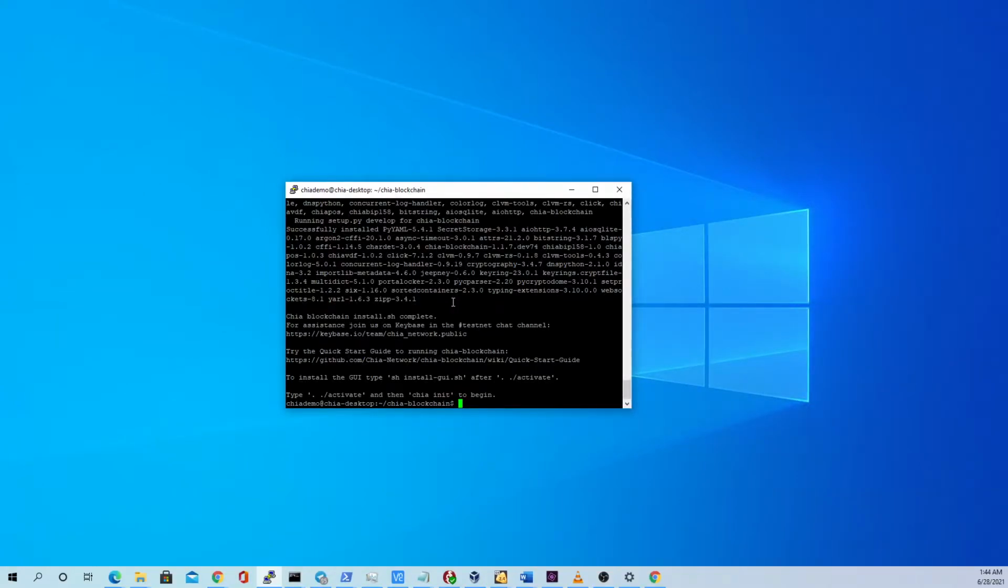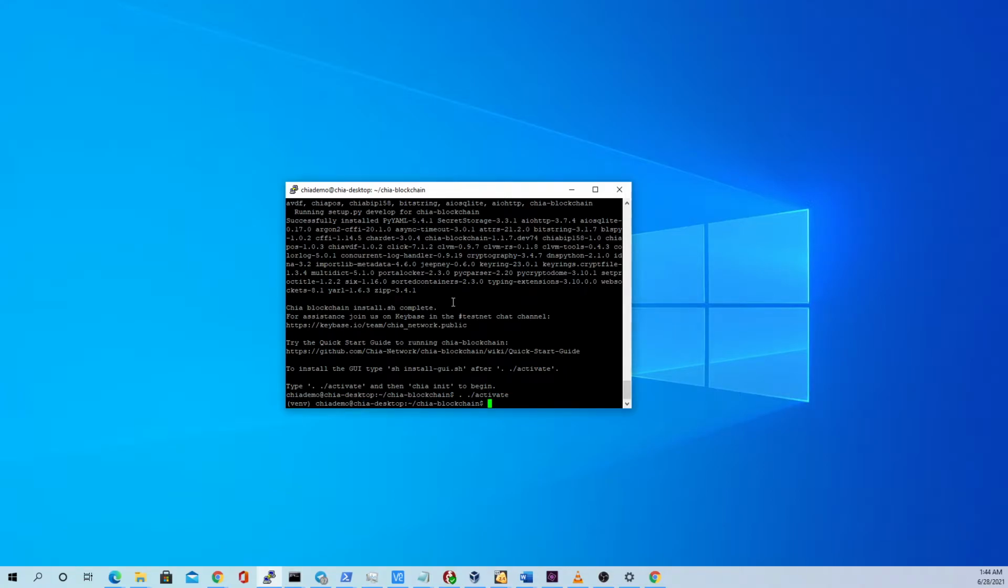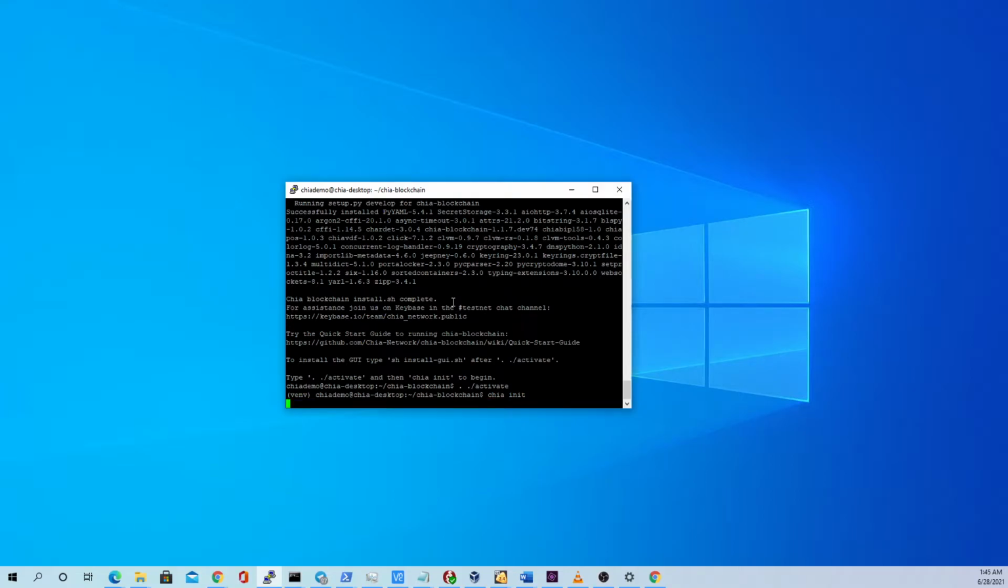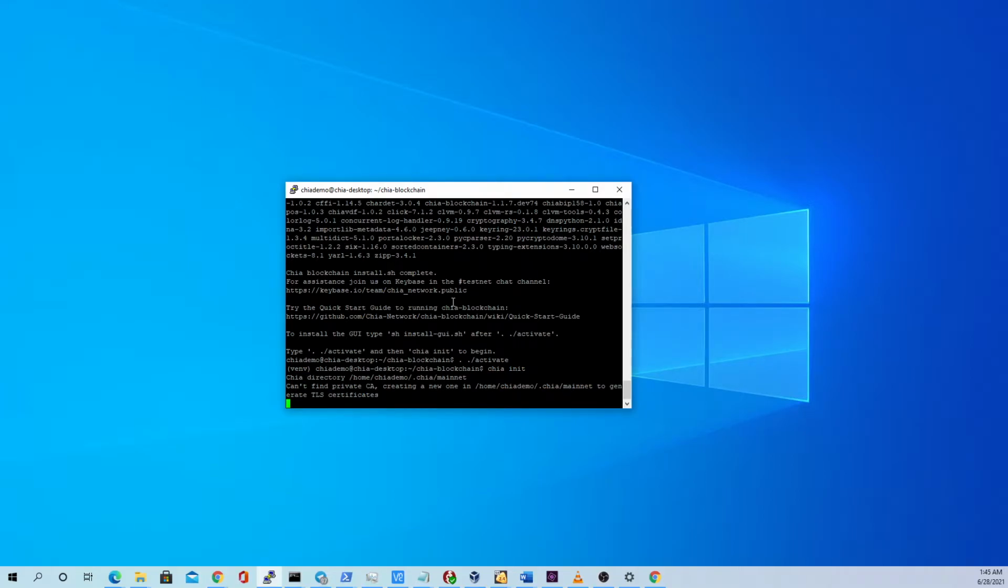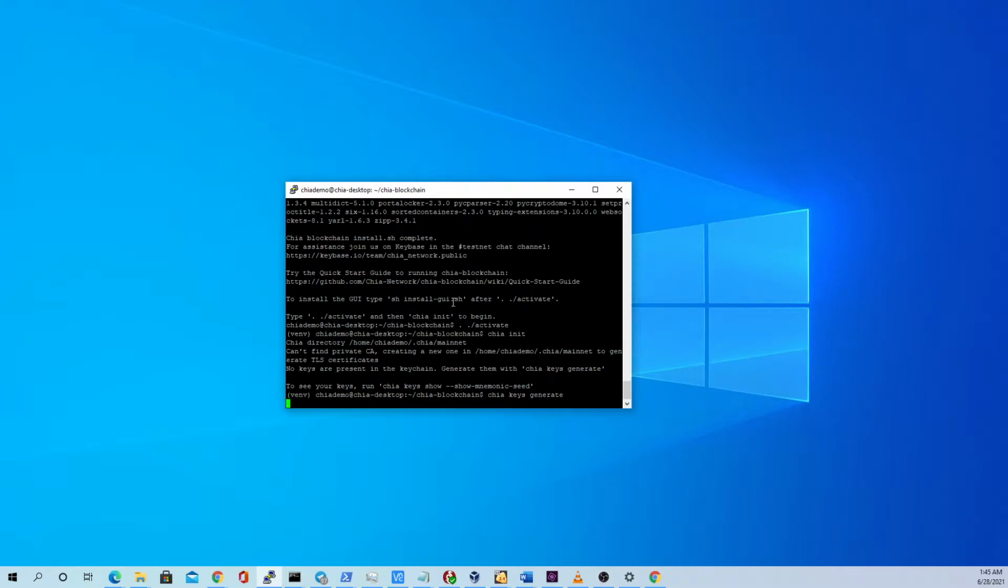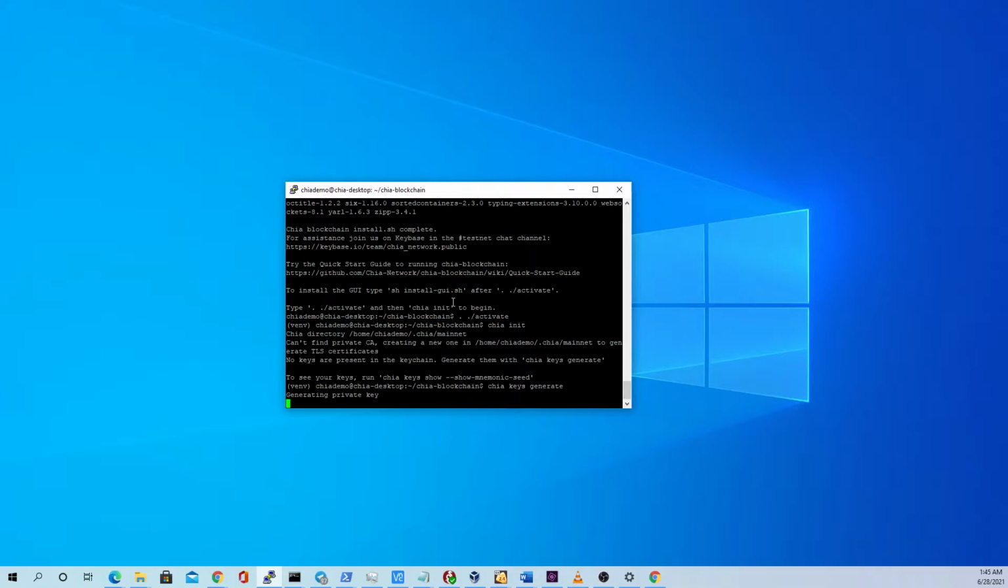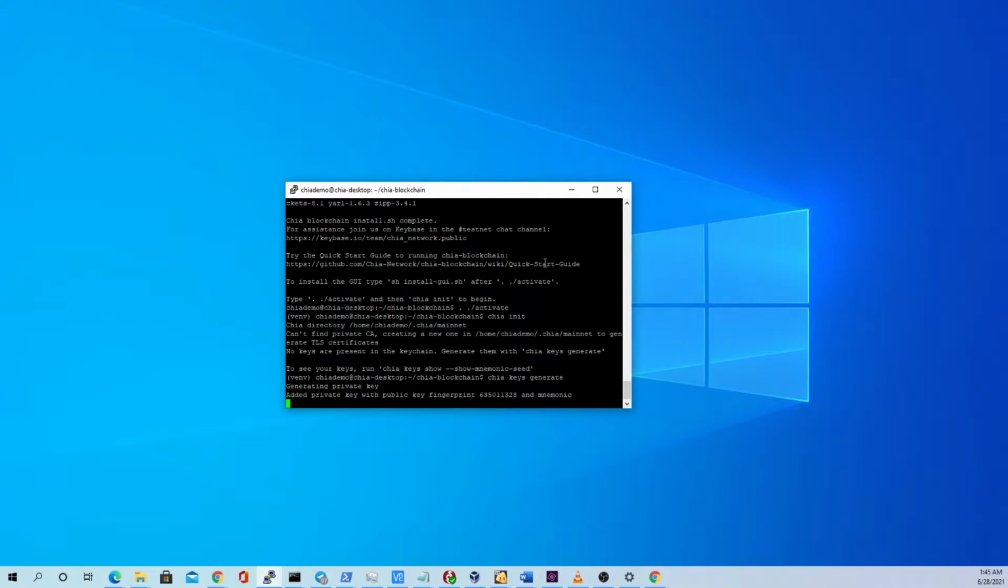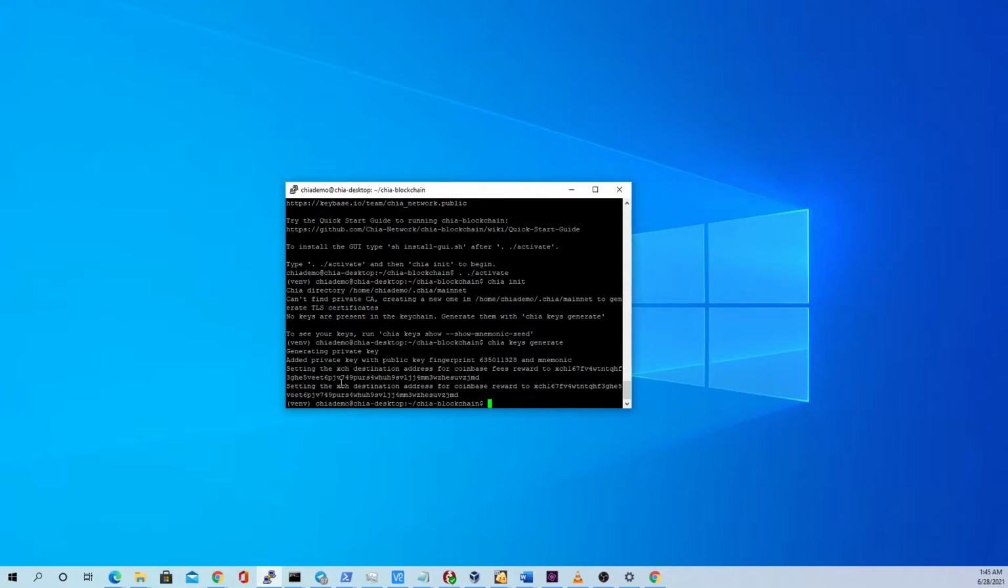So as you see, that was pretty quick. And first thing we're going to do is we're going to activate, and that's going to get our virtual environment going. And it's a new install. We're going to initialize Chia. All right, and we're going to generate some new keys. All right, and then that's going to give you